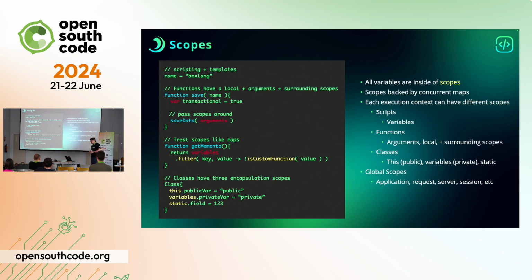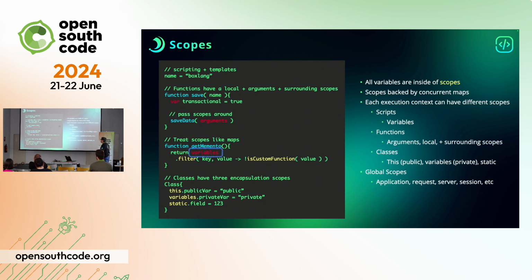can create. But to start off here, you can see that you basically just declare a variable and assign it. You don't have to specify a type, right? I don't have to specify any semicolons. It's super easy. I just declare the name, and there we go. If you look at functions, functions also take in arguments. I don't have to specify anything. I can just say, here, it takes a name, and I can use that name. I can also use the var keyword. The var keyword basically puts all the variables inside of a local scope inside of functions. So it's only available to the local function.